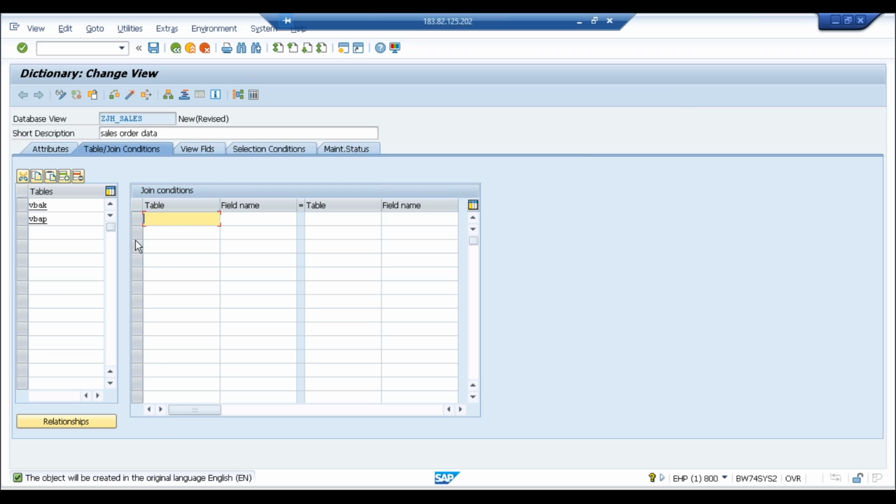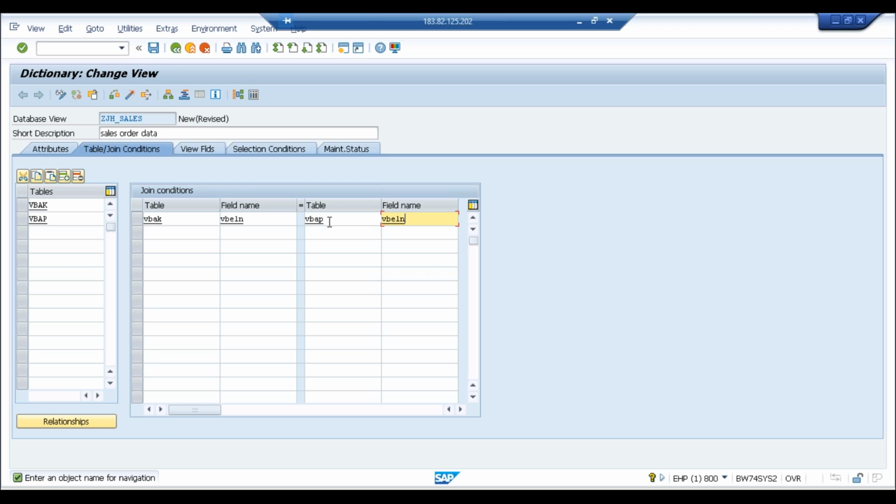So here we have the first table as VBAK, VBAK we have VBELN, and then we have VBAP also. VBAK VBELN should be equal to VBAP VBELN. So this is the common field.